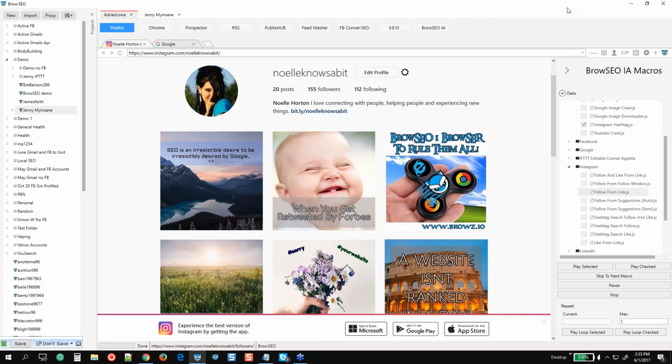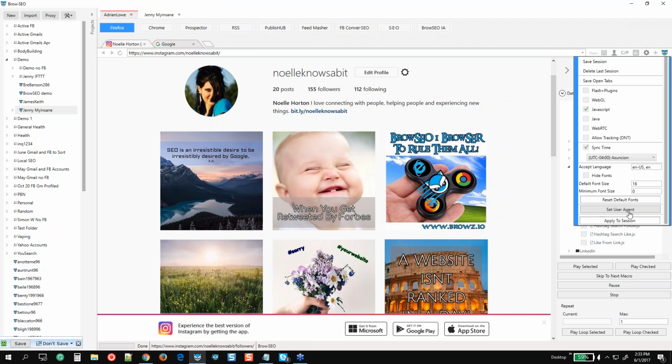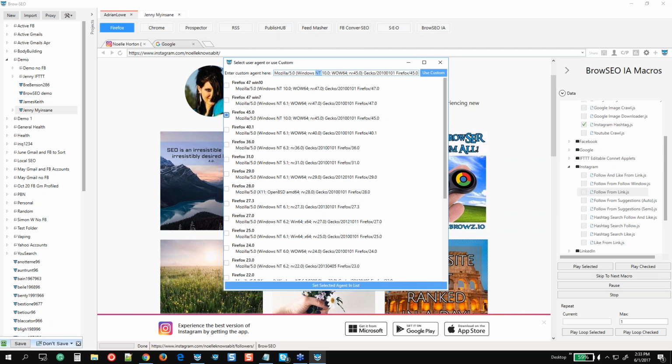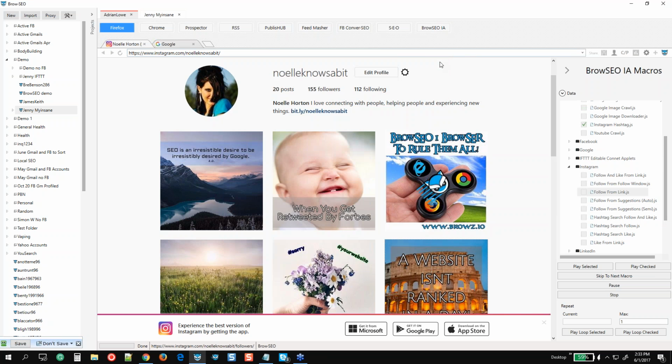What is it called when you have this here? I get it. The mobile user agent. So if you have a mobile user agent, you come down there, set user agent, and you just put the mobile user agent in there, and then it will give you the option to post straight from the browser. So you can now do that. They seem to be relaxing things a lot compared to the way it was.